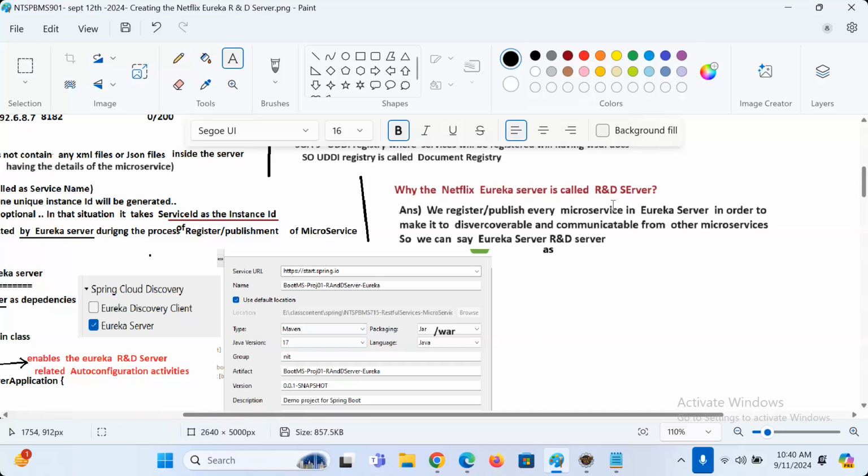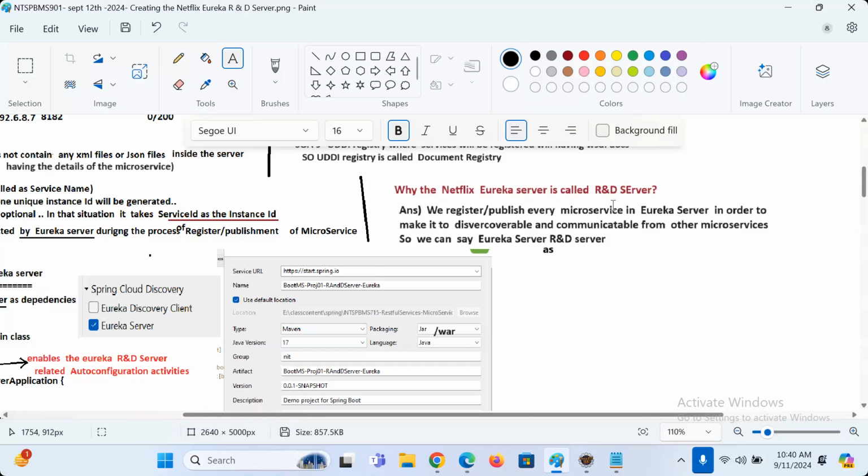Okay, now listen. With this introduction of microservices over, first we develop one Eureka server. Then we develop one microservice and publish it in Eureka. This is our next requirement. That part I am going to take up tomorrow. Don't miss the class at any cost tomorrow. Once that is over, we'll go for microservice communication, intra-communication between microservices. One by one, we will discuss, guys, right?